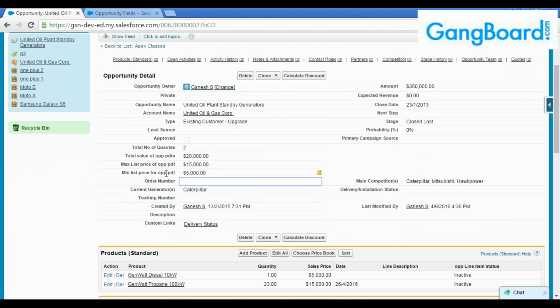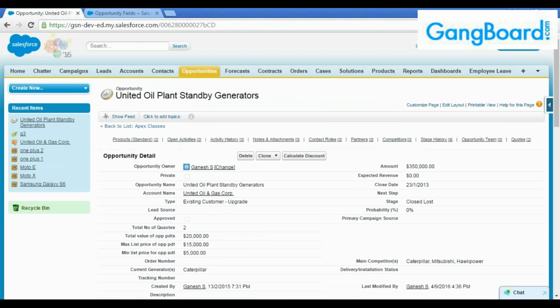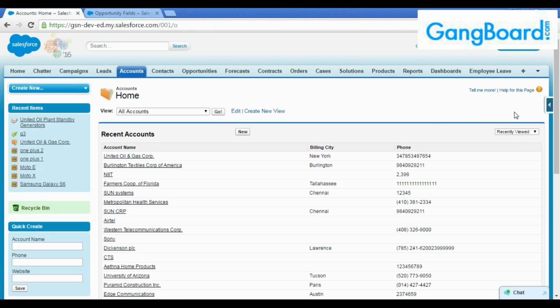Okay. On the parent object itself, I'm able to find what is the minimum list price of my opportunity product, maximum list price, sum, total number of codes which are available. So this is actually the use of roll-up summary field. So the same way on account object,